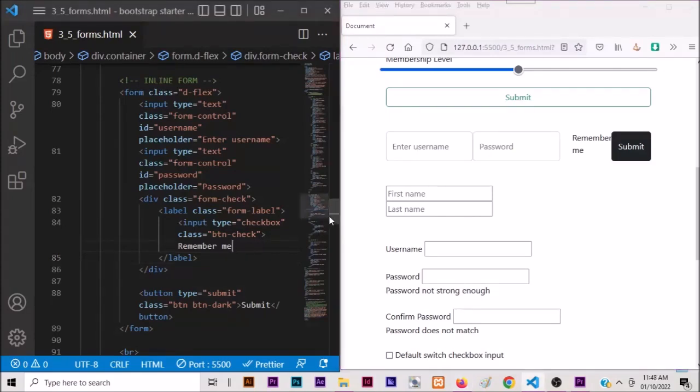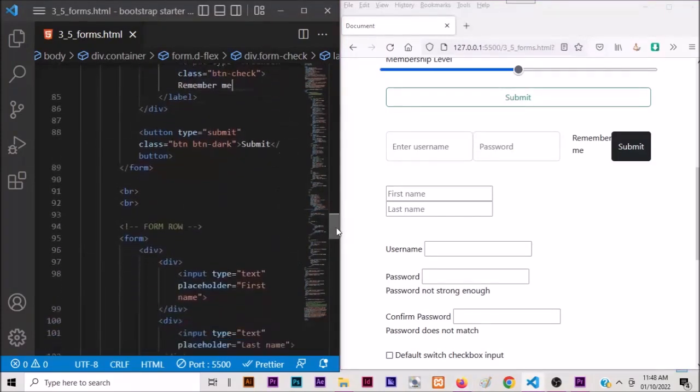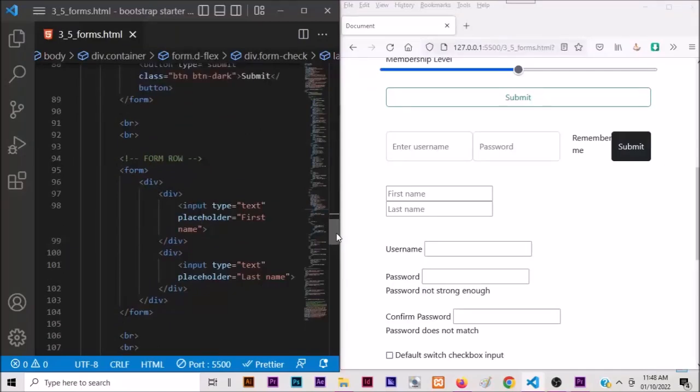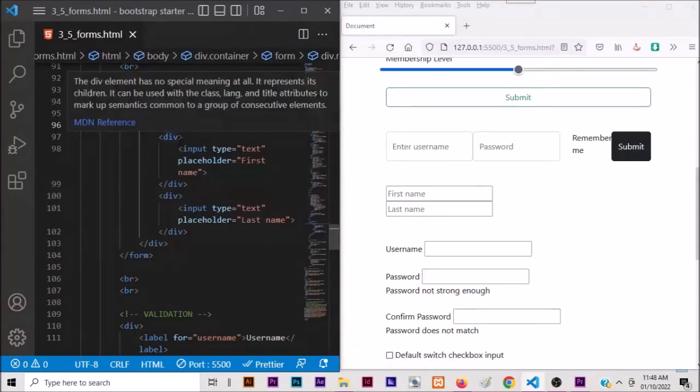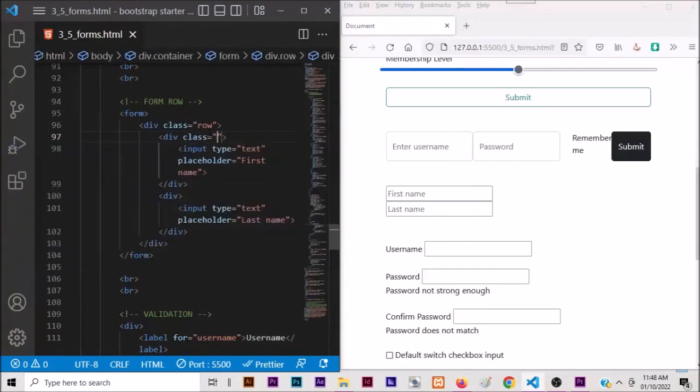So let's go down, and I've done with the button. We can leave the form here. Let's have a class of row. Here we have a class of column